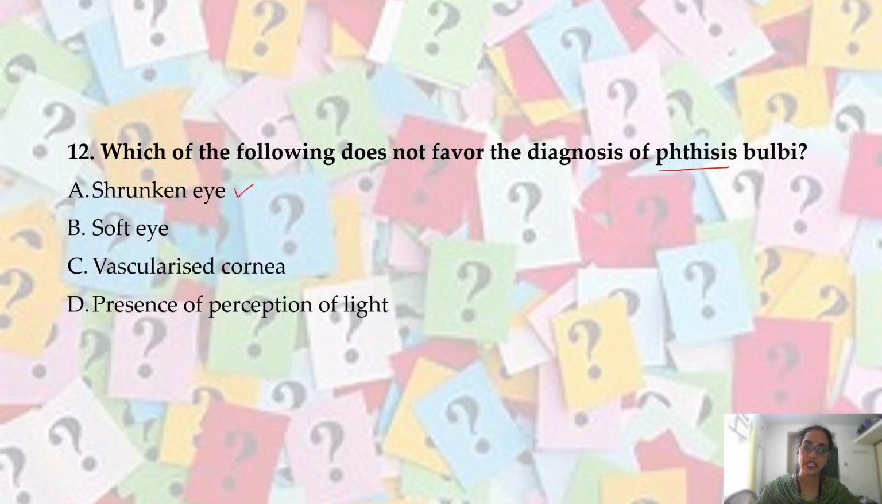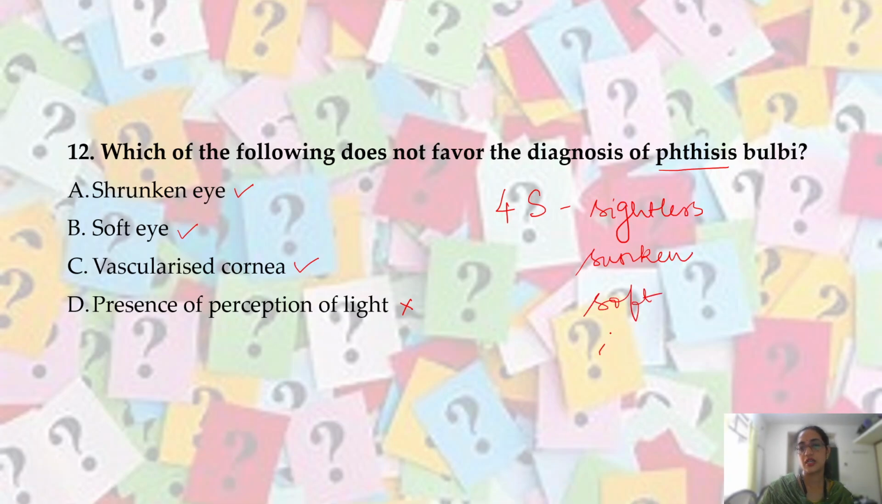So shrunken eye, yes. Soft eye, yes, because the ciliary body shut down. Vascularized cornea, yes. Presence of perception of light, wrong. So in a phthisical eye, the vision is usually lost. So let us remember 4S: sightless, sunken,